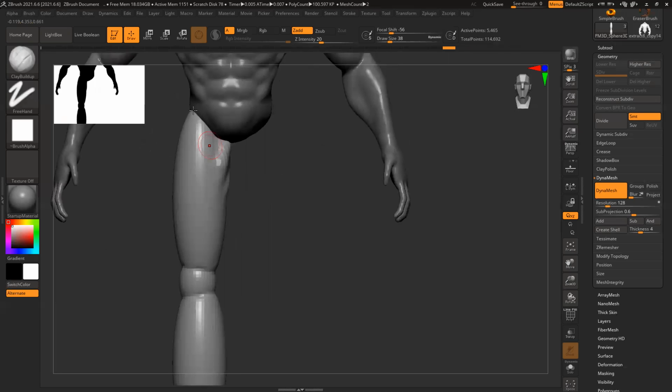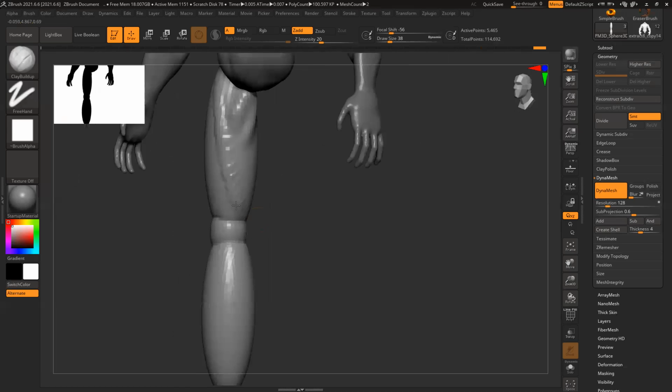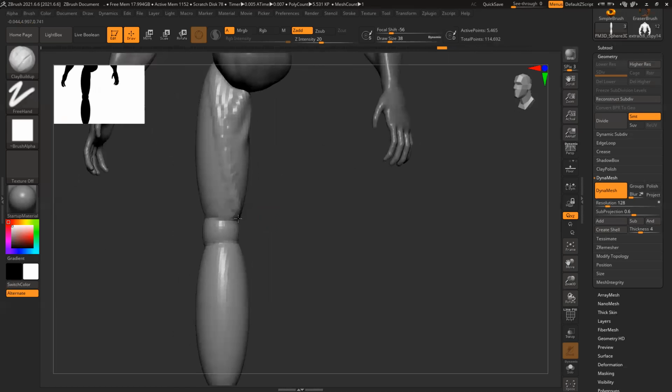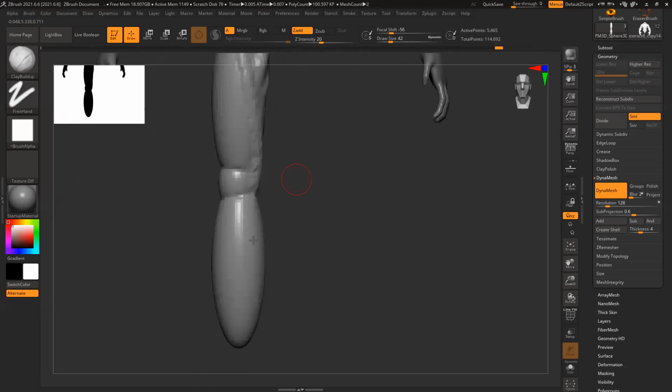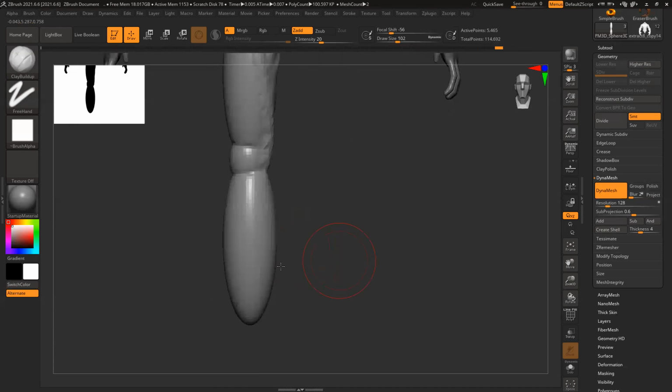Then you have a muscle from the hip bone, this joint, that goes till your knee, just above the knee here. Move, just shape them.